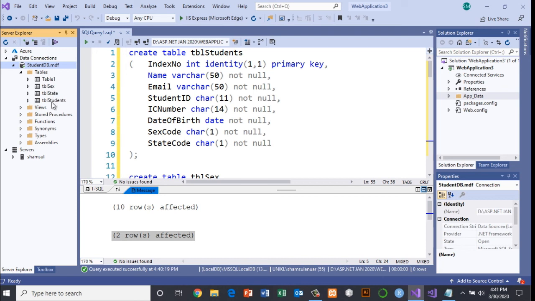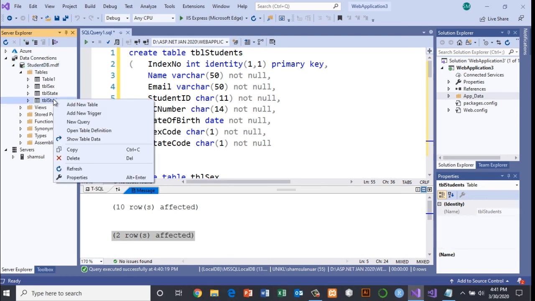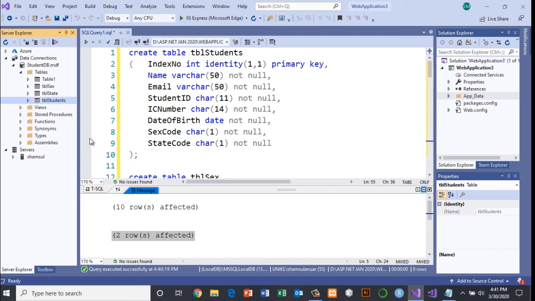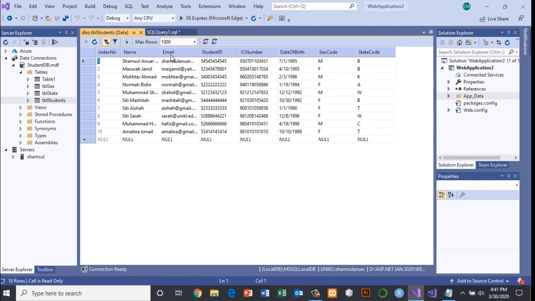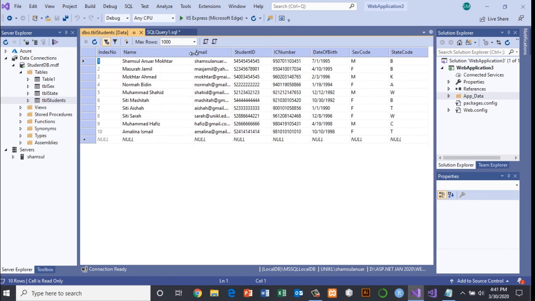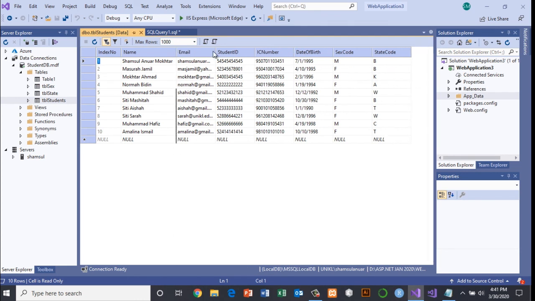Now, let us look into the data. Click this, right click, show table data. You will notice that it will display a set of data, and you can resize this, in the form of an Excel sheet. We have all the rows and columns, and you will notice the date of birth will be displayed according to the date settings of your operating system.